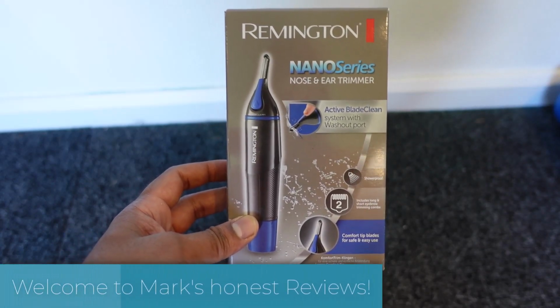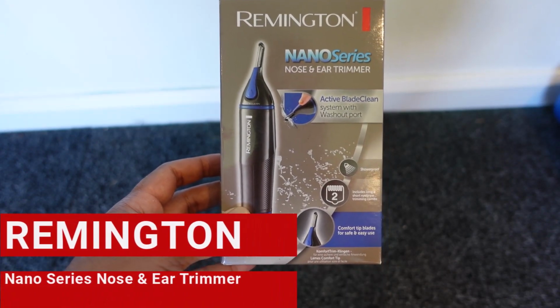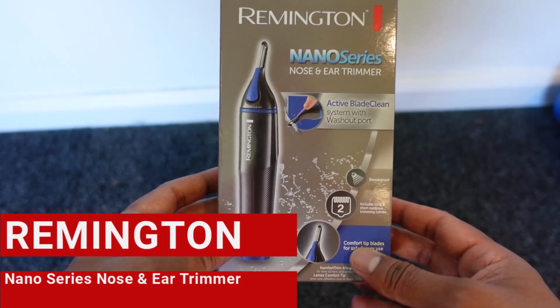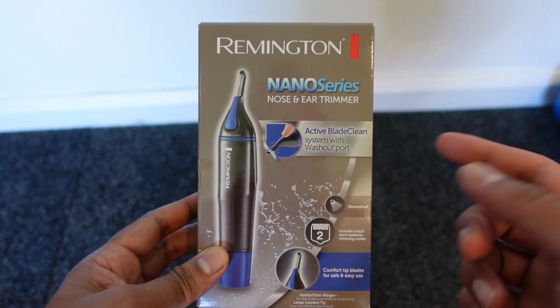Today I am looking at this Remington Nano Series nose and ear trimmer. It also does your eyebrows as well. My recent trimmer unfortunately fell from the cupboard and broke, so I had to buy a new one. And I looked on Amazon and I went for this because A, it was only £11, and B, I find